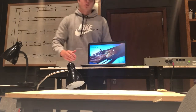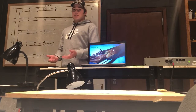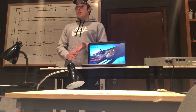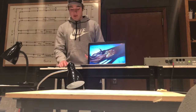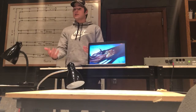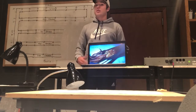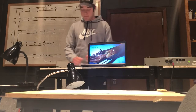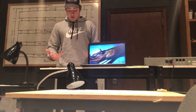Alright, once you actually get your squid out of the plastic container, you would immediately start looking for the external characteristics of your squid. That would include the beak, the arms, eyes, mantle, and pretty much all external things that your professor would have given you in the assignment. Alright, after you do that,